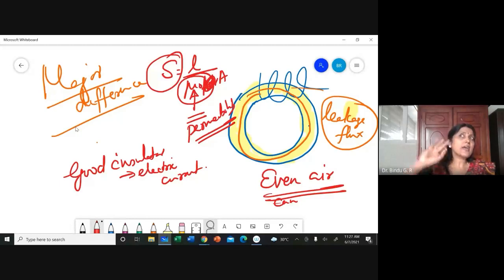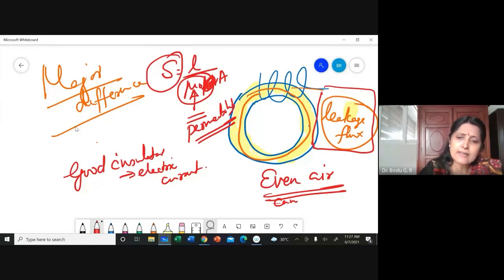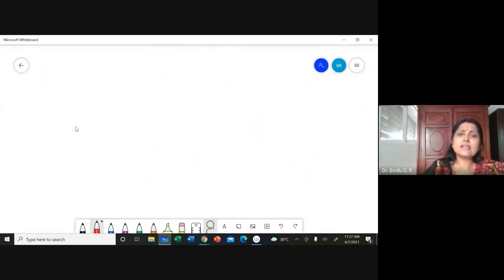That is why we say, even if you have Wi-Fi and all those things, some amount of magnetic flux will be over there, even in air. It's a very important phenomenon. It's a very important difference. And that is exactly why we are concerned about leakage flux. Though I say that we are concerned about leakage flux, in any rotating machines,